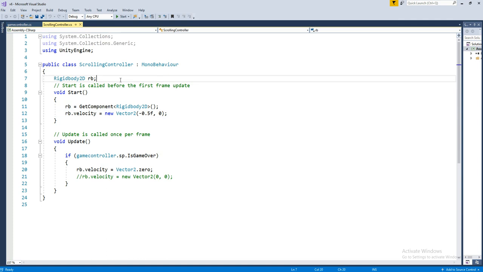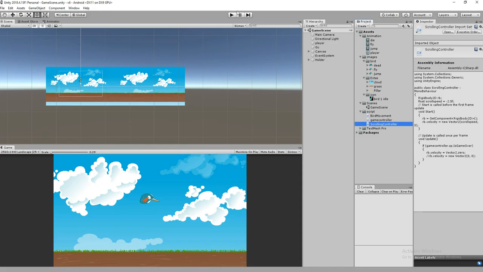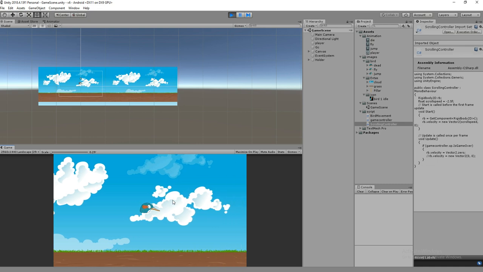So this is the speed. Maybe I'll just use float scroll speed. Okay, so I will just add minus 2.5f to make the scroll a little bit faster. So let's see. Okay,